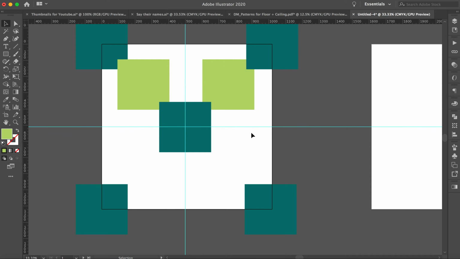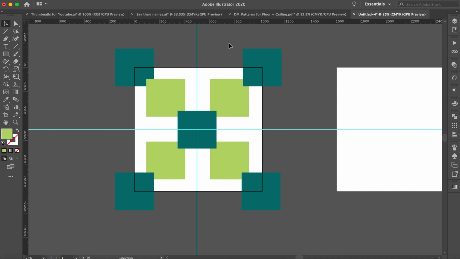Okay. Then I'm going to select both, click and drag to the bottom. Alright, so now I have this square, which is pretty much the first direction in which I'll be building my pattern on. So if I zoom in, what I want to do is crop those areas out